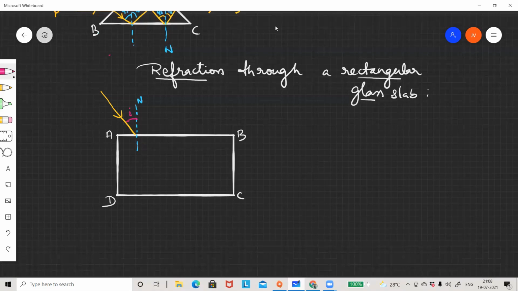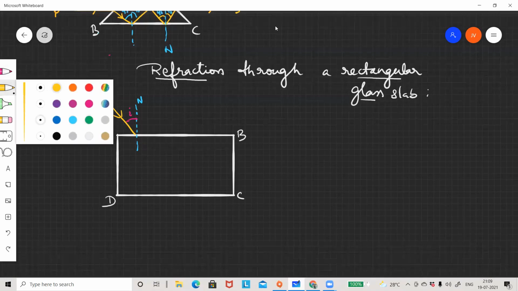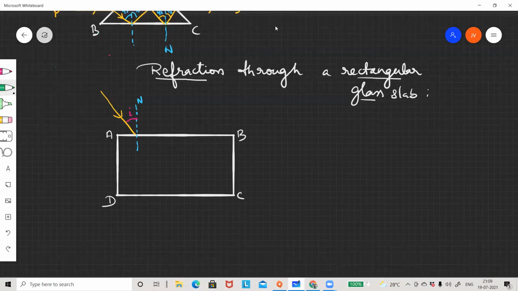Then towards A, not in the middle or towards B, towards A, you will draw an incident ray. And at the point of incidence, you will draw the normal. So this much you do first. And then what your teacher will ask you to do is, on this incident ray, you have to put two ball pins